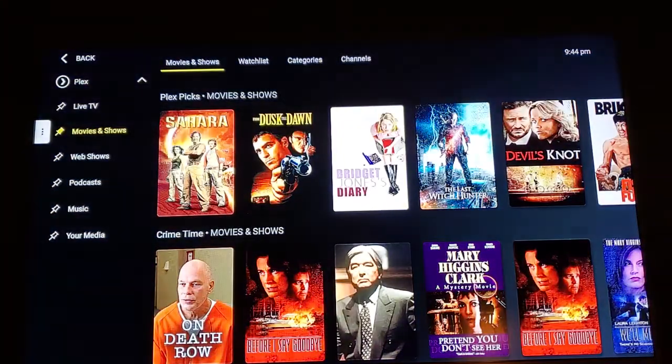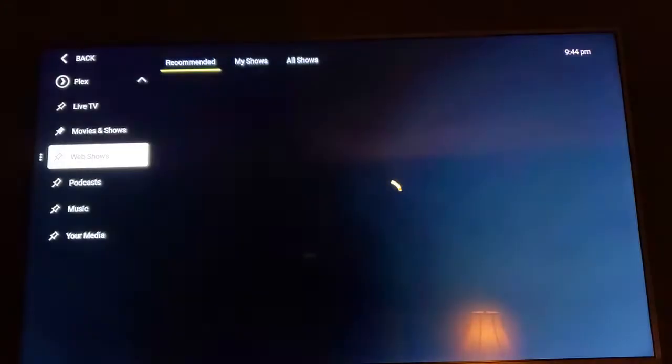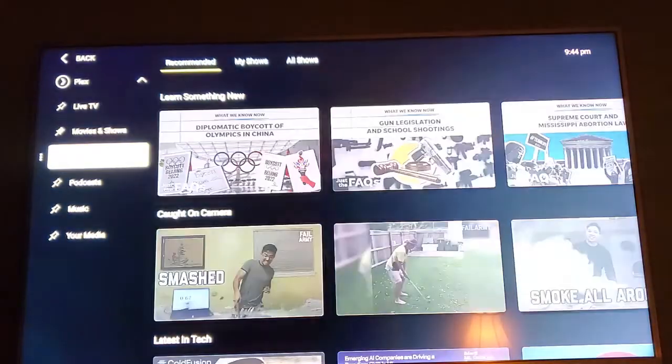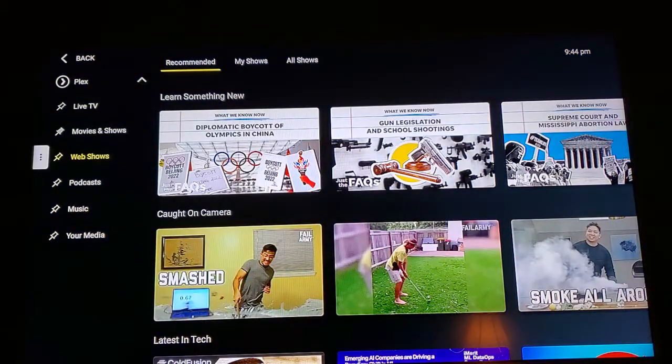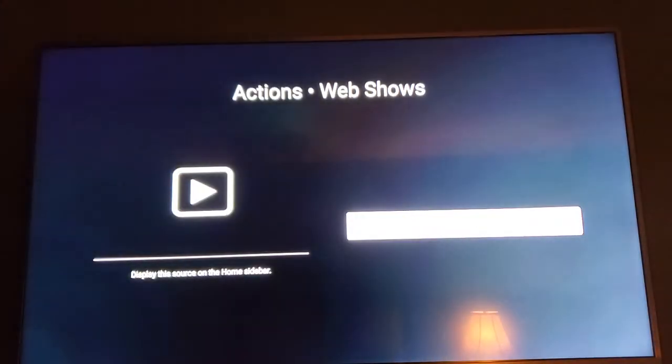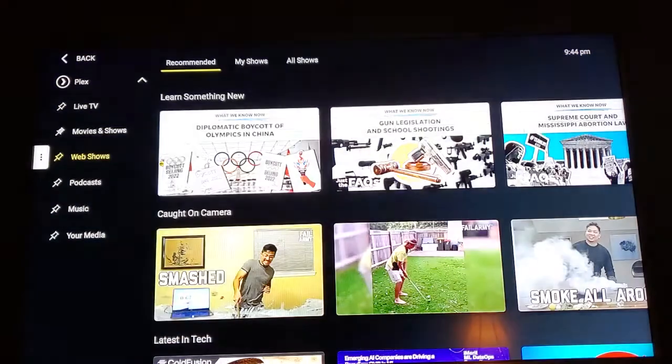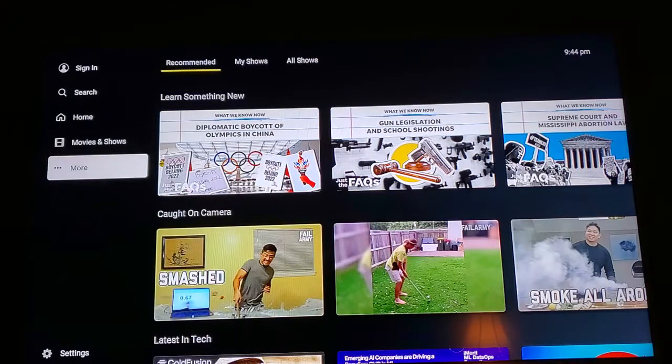So you want to go ahead and remove anything you don't want to see. For example, there's music and stuff, or here's web shows. Nobody wants to see web shows. We have YouTube for that. So you go here, web shows, and unpin it from the sidebar, and you're good to go. So once you've done all that,